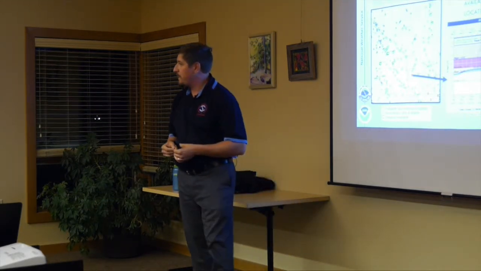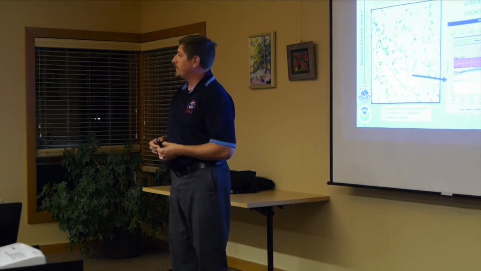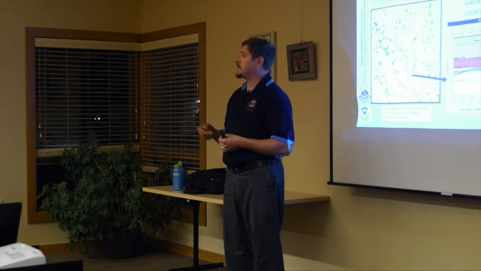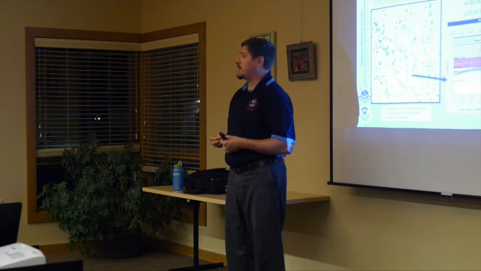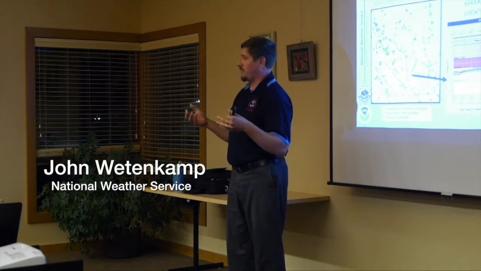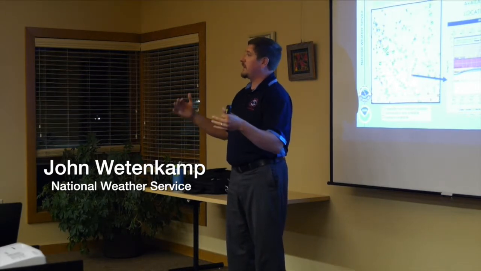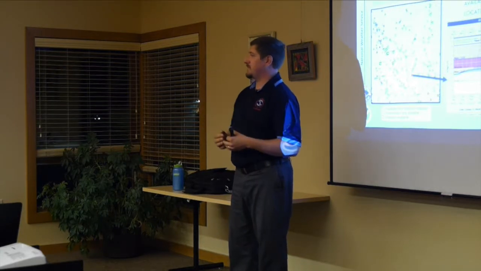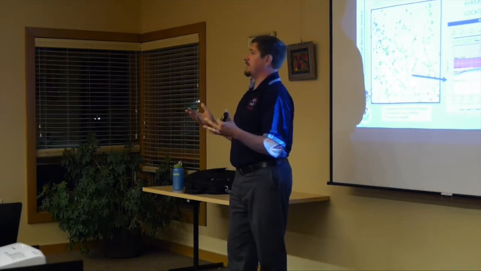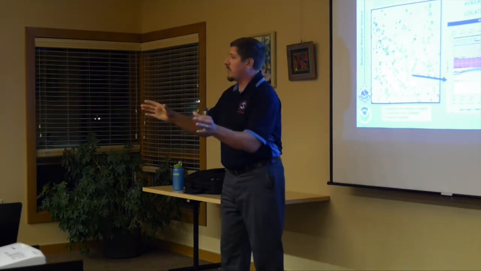So the gauges measure just the height of the water, or do some of the gauges also measure flow rate? But how does the flow rate figure into your prediction? Okay, so the gauges measure height or flow or both. They'll measure both, but how we establish that flow information is based on flow measurements at that location, calculating how much water would be moving through that area at what the river gauge is reading. So if, say, just throw a number out there, say the river gauge is reading 8 feet. Well, what does that mean? Until you go out there and make those calculations and those measurements to know what the volume of water is moving through that area.